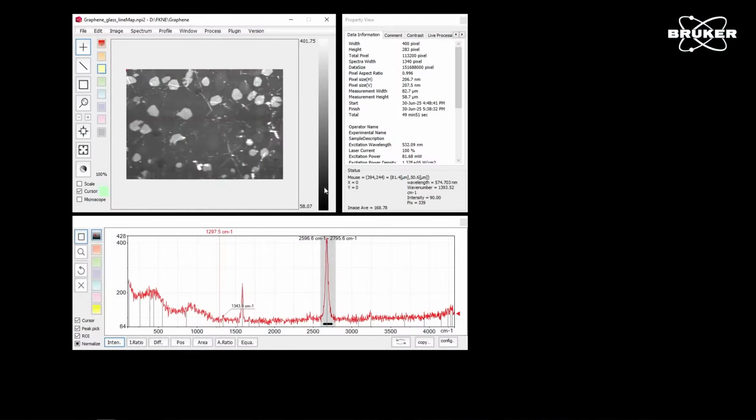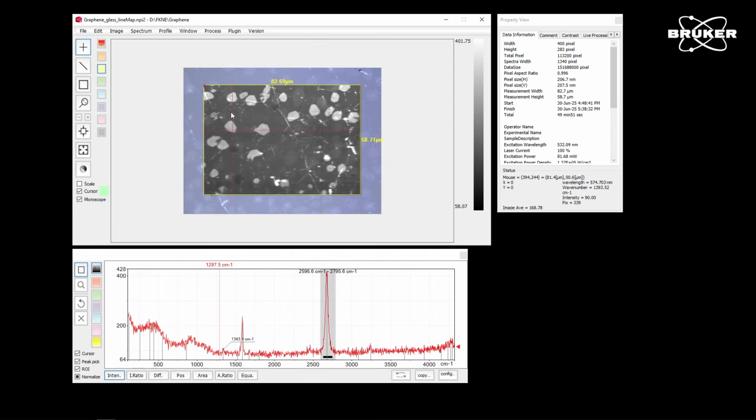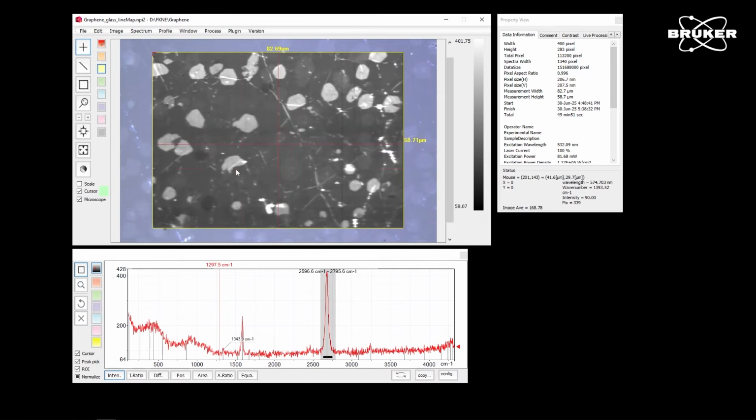I already prepared this measurement, so let's directly dive into the file. What we can see here is a Raman image of about 80 by 60 micrometers, also recorded on the Raman Touch with the line mode, giving us more than 100,000 spectra due to the high resolution of 200 nanometers.